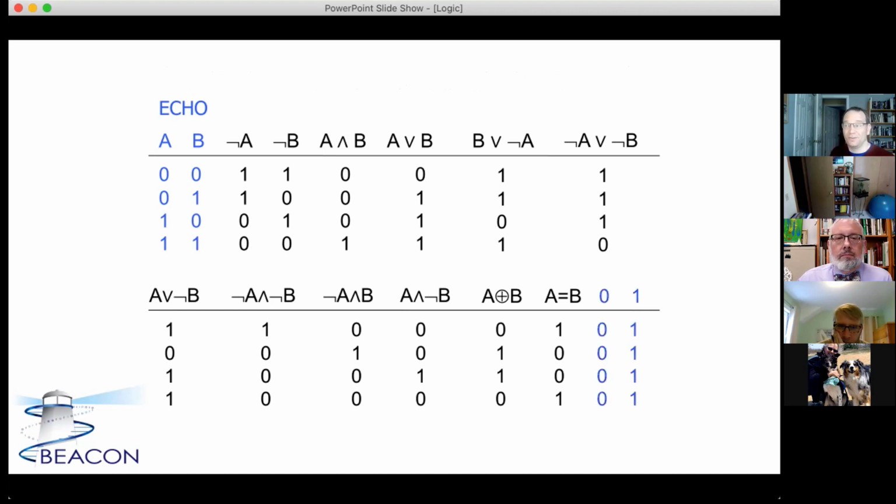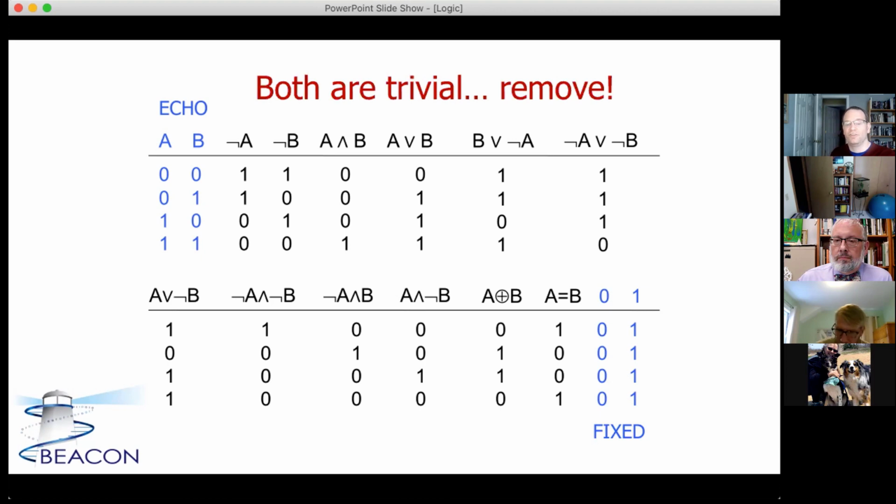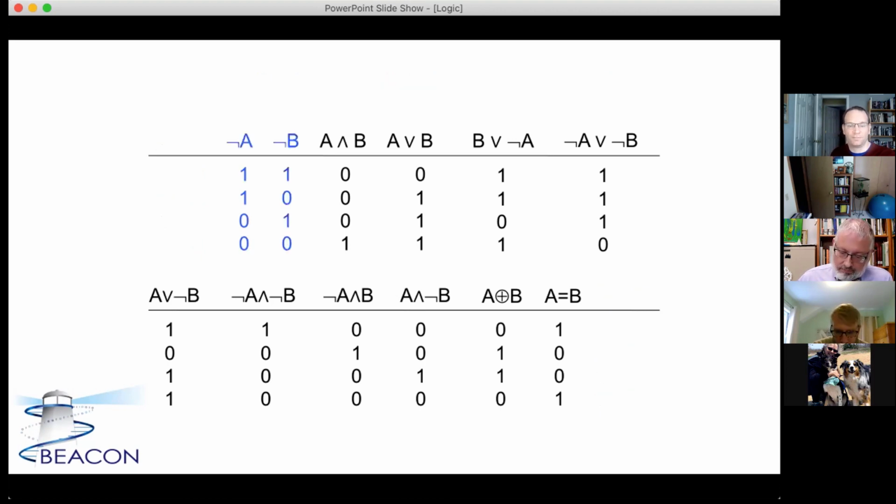Similarly, these last two, where it's always 0 or always 1, they're not actually having to respond to the input values at all. It's just like, I am spitting out a string of zeros or I'm spitting out a string of 1s. So it's really trivial for them to do that. They don't have to rely on previous numbers they were given at all. These are fixed values, and they're all so trivial that we actually just discard all of these.